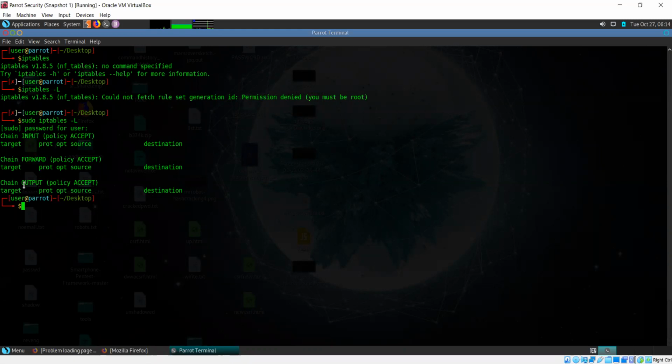And output is when your device is sending messages. So all the rules in the output portion would apply there. So these are the three different chains, or sections of rules, in iptables, which is the default Linux firewall that comes pre-installed.